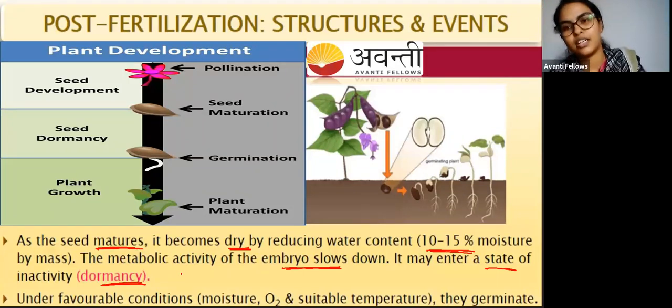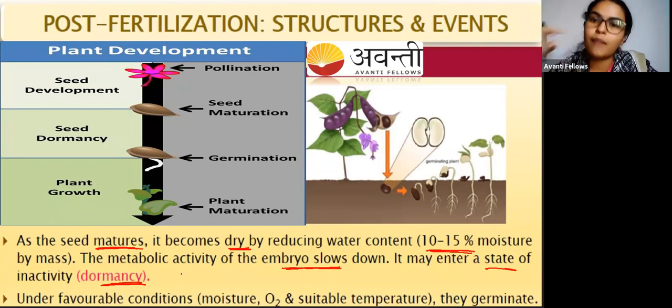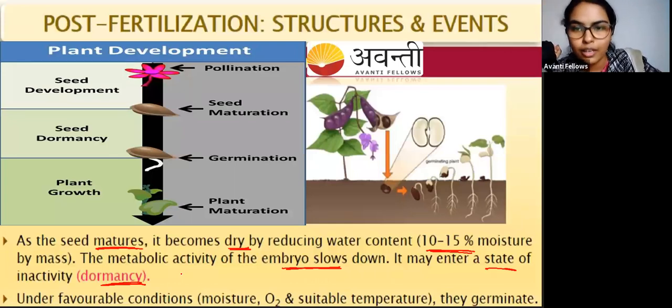Every seed does not show seed dormancy. In endospermic seeds, where endosperm remains, even though the seed enters the dormant stage and metabolism does not happen, food is obtained by the seed from the endosperm, because there is remaining endosperm. But in the case of pea, groundnut and beans, that is ex-albuminous or non-albuminous seeds, the seed will not undergo dormancy. As soon as the seed matures, it is ready to give another progeny.